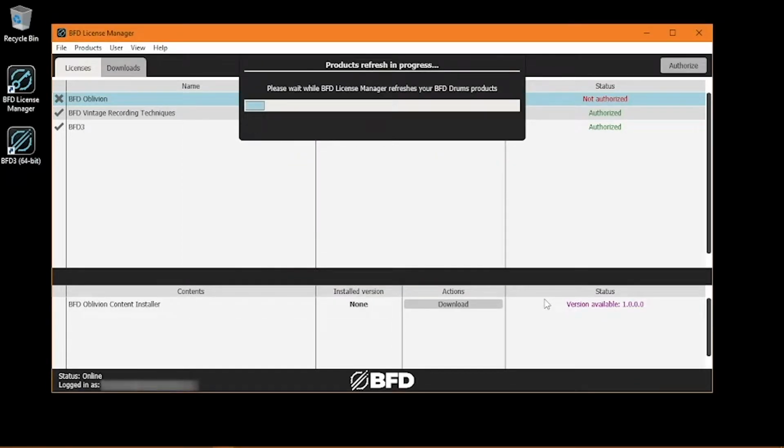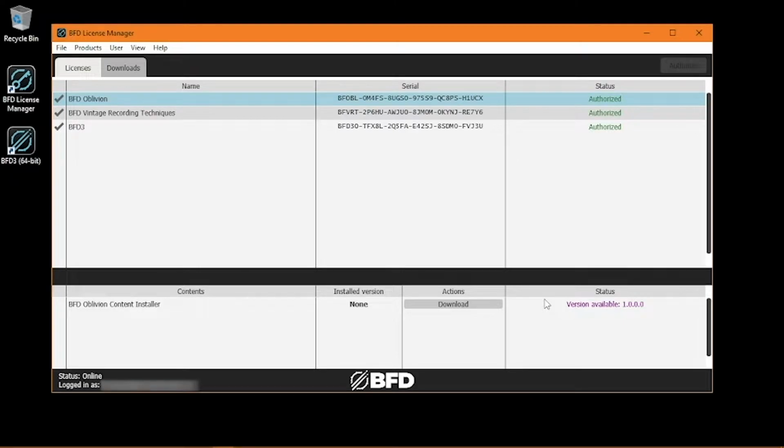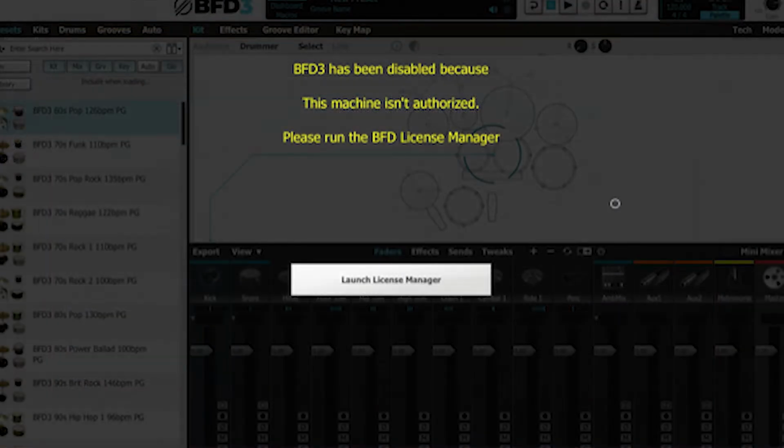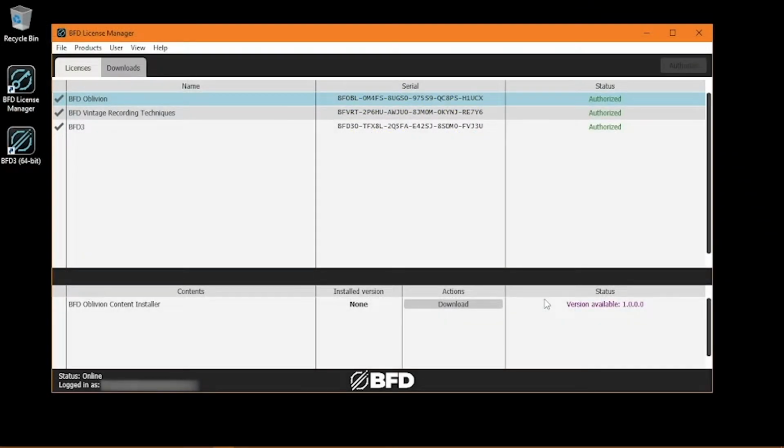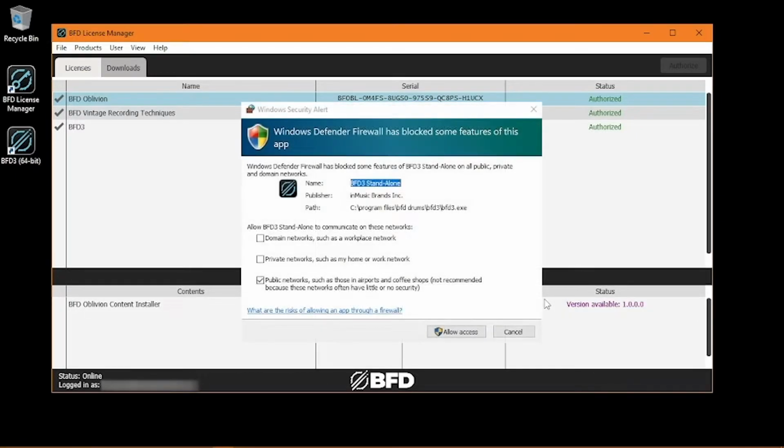While authorized BFD products do have permanent licenses, BFD product registration operates through a subscription-style verification process that automatically renews every 90 days. This verification is done in the background, but your computer will need an internet connection when each renewal period comes around, and you may be prompted to connect to the internet when this happens if you aren't already. Additionally, after installing a new expansion on a PC, you may be prompted to allow the installer or program through Windows Firewall. If you get this prompt, simply allow the newly installed software on whichever networks are applicable for you.